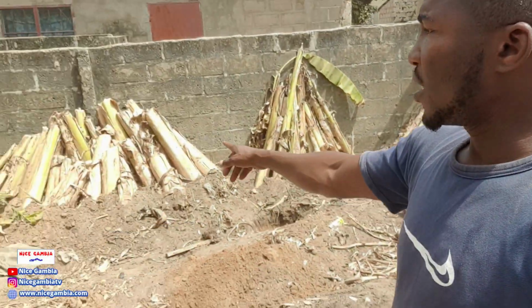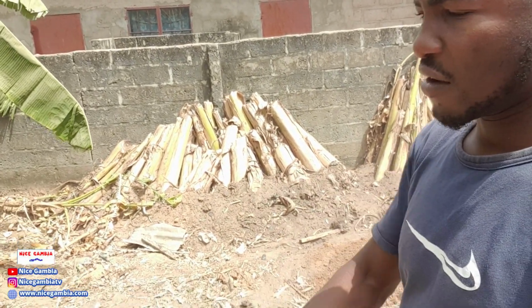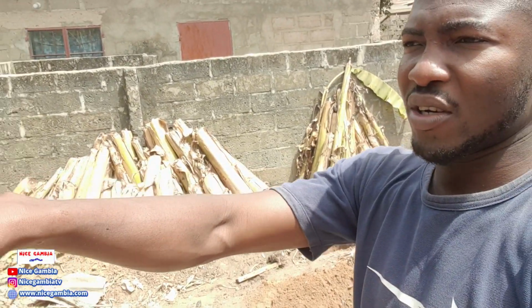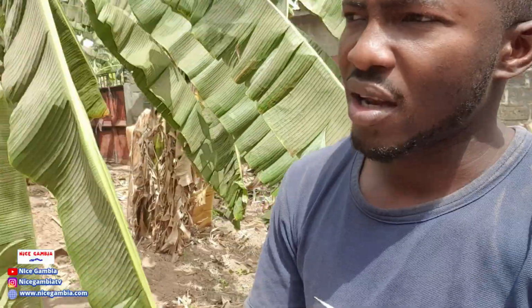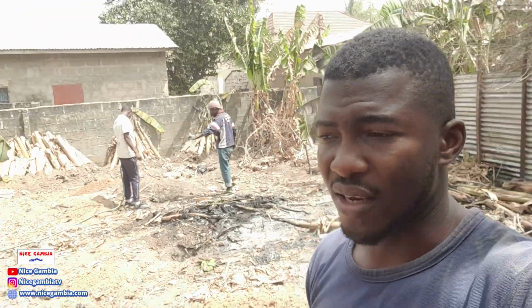So these are the seedlings that Lucky Child was taking out from the bananas, and we're going to be selling some of them, but most of these will be used. We have some of them at the other side of the garden, so we'll be selling some of the seedlings. Let me just switch back to the back camera. We'll be putting some manure right in this hole before we put in the